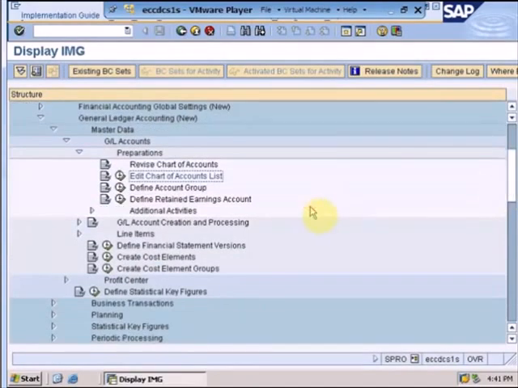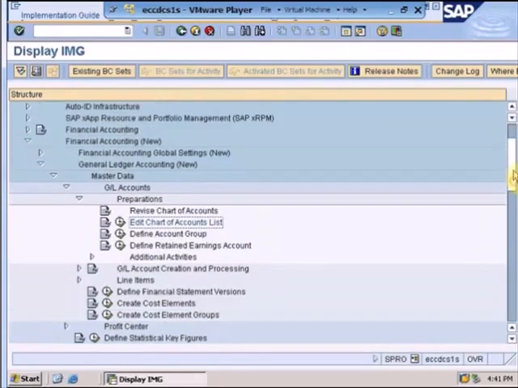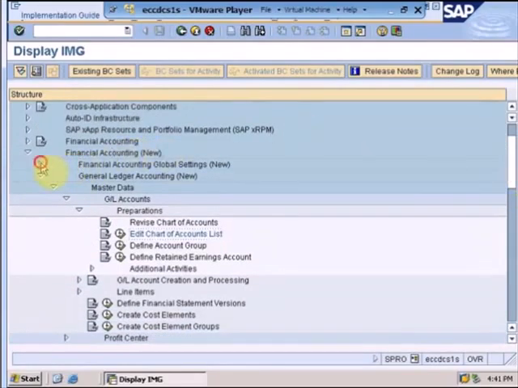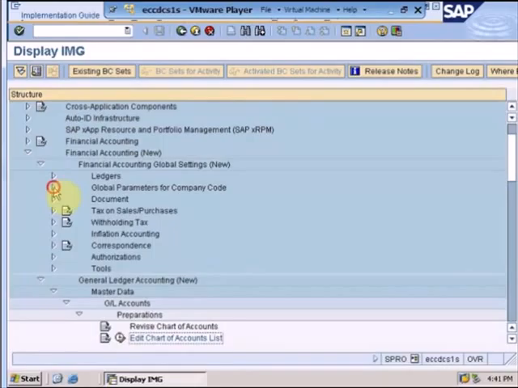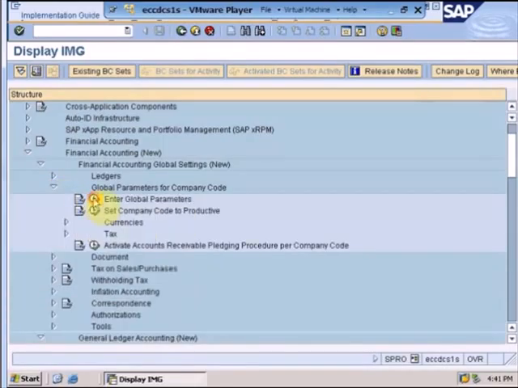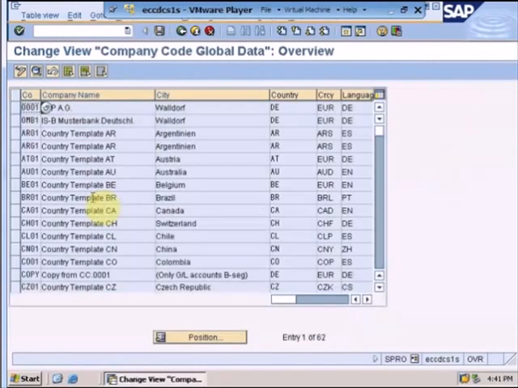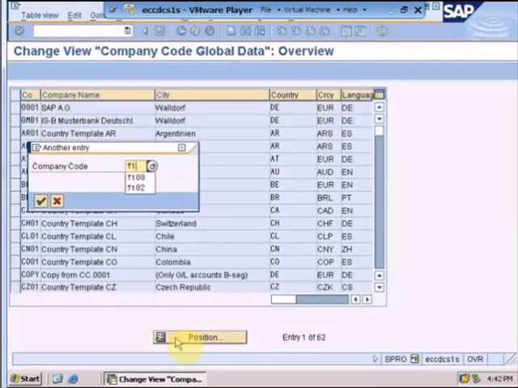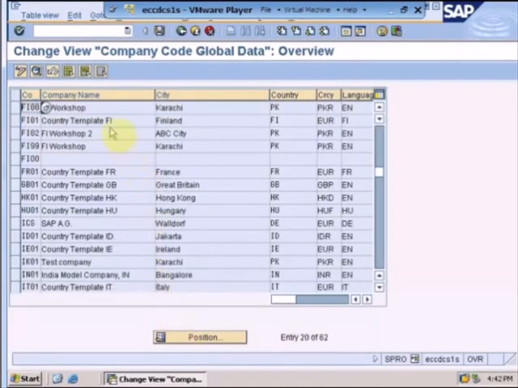Now the second step is we have to assign the chart of account to our company code. In order to assign the chart of account, we will have to go to financial accounting, global parameters for a company code, enter global parameters. All the major assignments to our company code are done from this screen. So in order to find our company code, I'll click on position. I will enter FI00. As you can see, this is our company code. By double clicking on it,